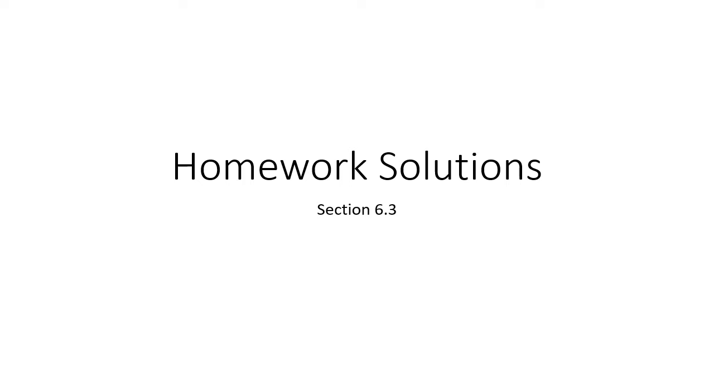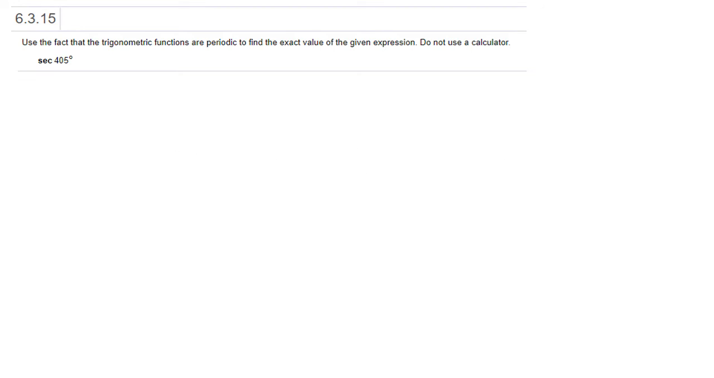Hello, let's work through solutions to the problems assigned out of section 6.3. First up, use the fact that trigonometric functions are periodic to find the exact value of the given expression without using a calculator. So specifically, the secant of 405 degrees is 1 over the cosine of 405 degrees, but cosine